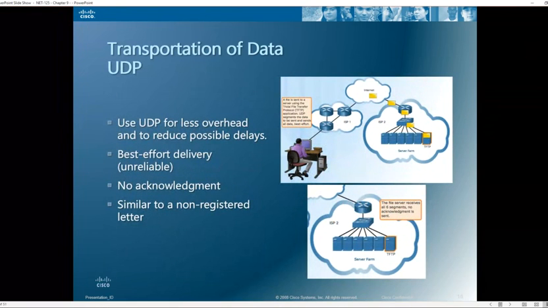So for things that we need time-sensitive transmission for, we can involve UDP instead. You know, we talked about how there's a lot less overhead. We don't have to check for various things, so the header is much, much smaller. So it's able to pass through and just be sent forth wherever it needs to go. It uses what's called best effort delivery. You know, I'll give it a shot, and then if it doesn't work, it doesn't work. There is no acknowledgement,